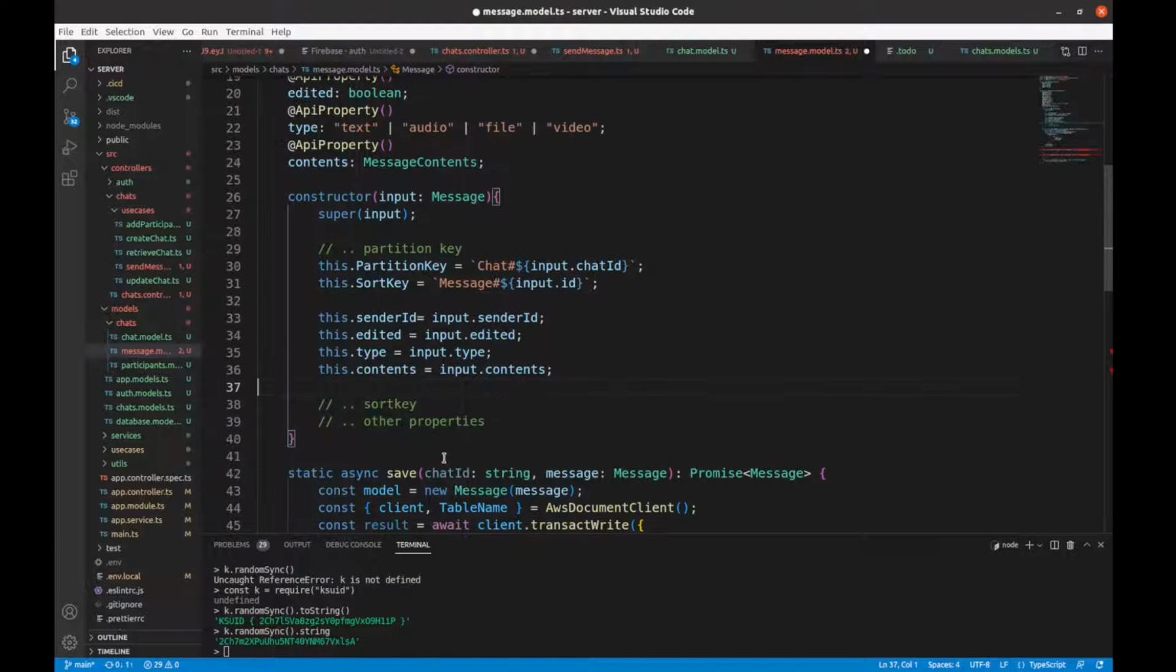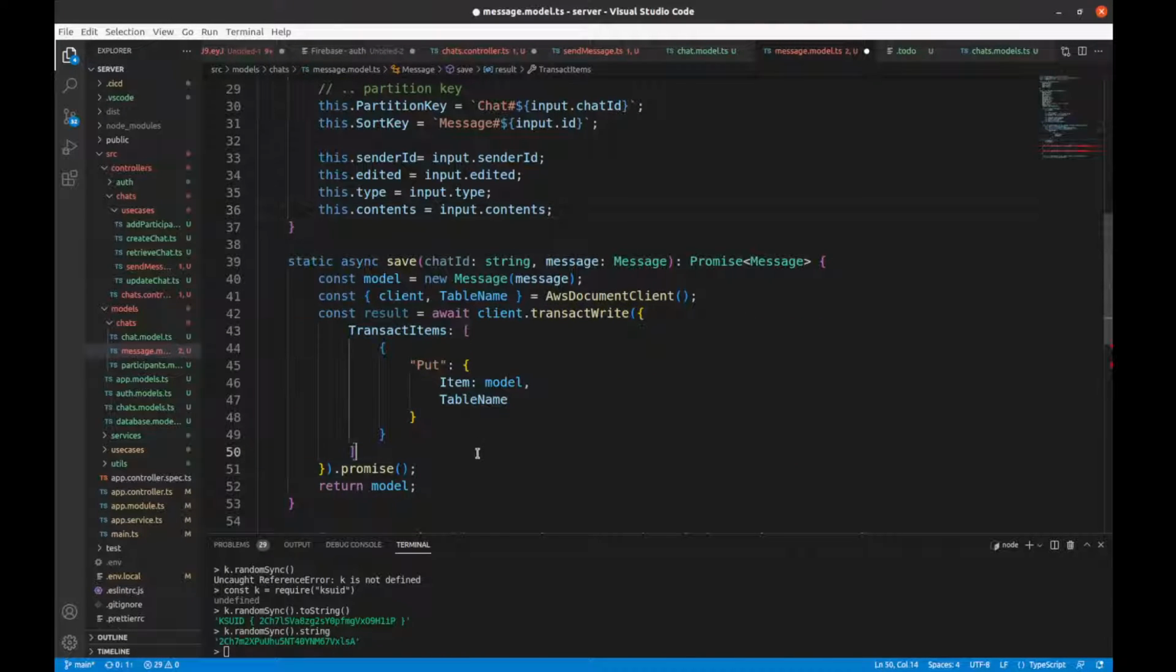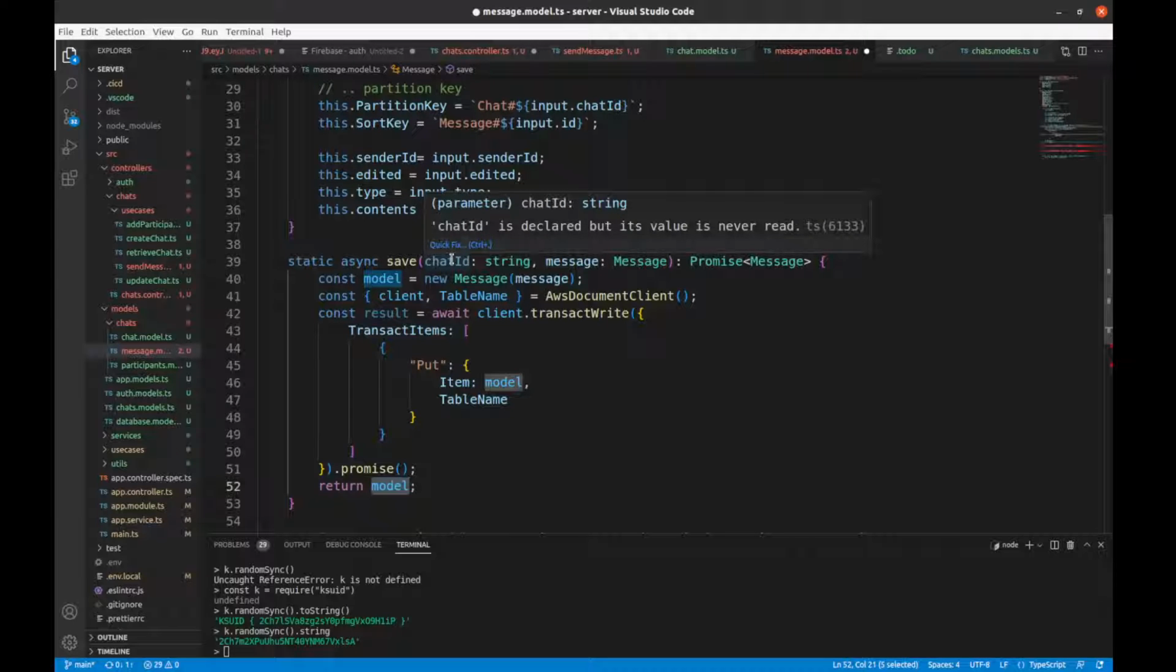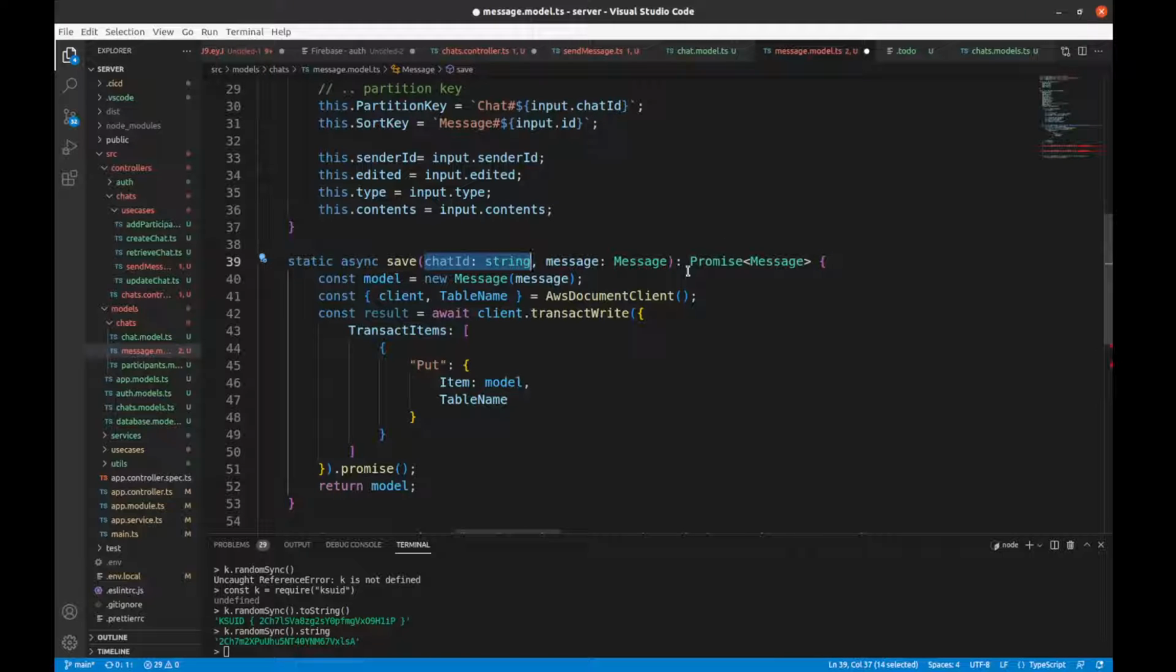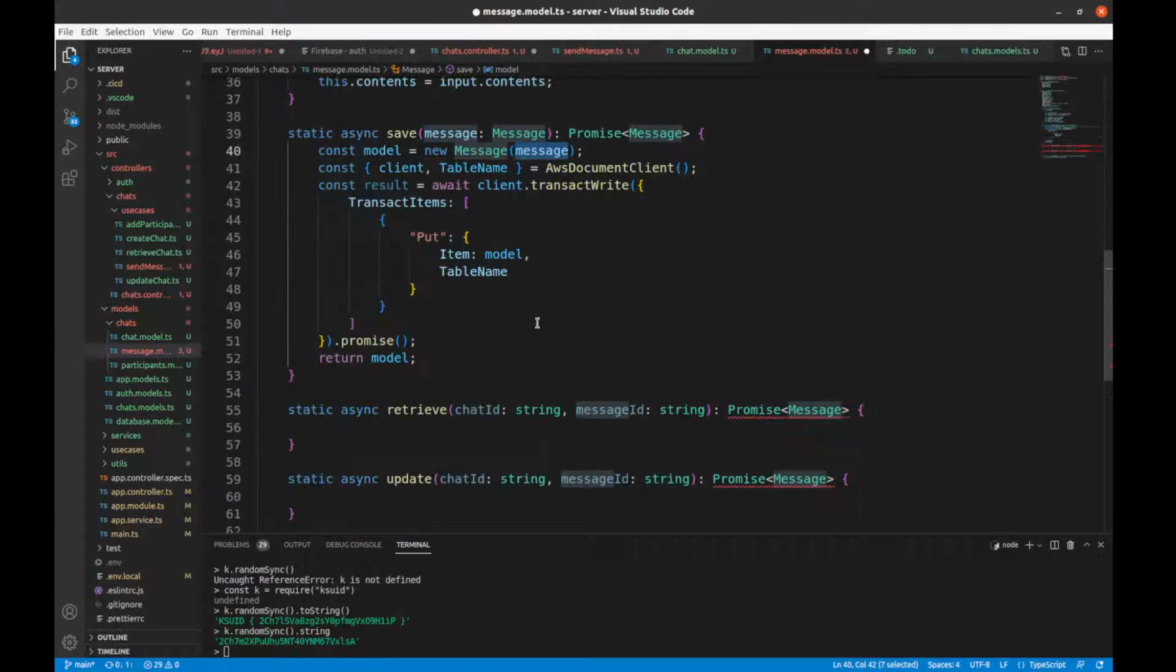Okay, so we got the contents. So far, so good. Alright, so we're storing the message here, and then we're returning the object there. So chat ID. I guess it doesn't really need it, because we are going to make sure that the chat ID belongs to the message object. So that's the first part. Okay, let's go ahead and add the retrieval,